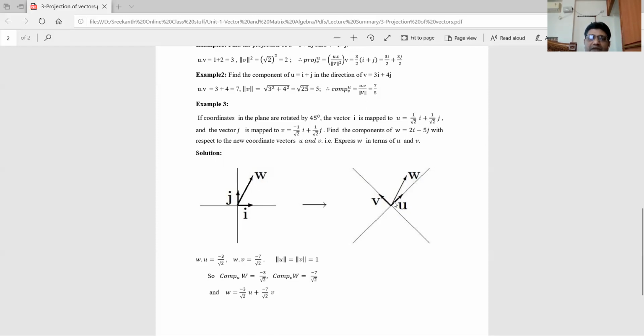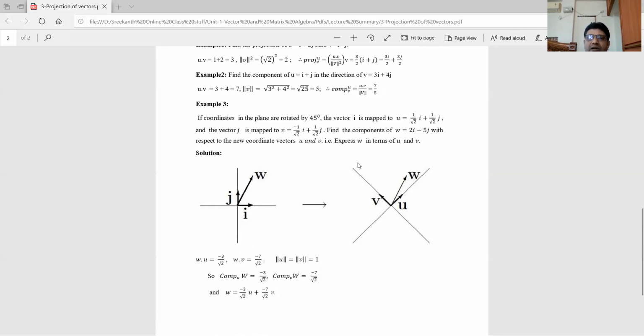That means if I am traveling along this w, how much distance am I going to cover along u. Similarly, if I am traveling along w, how much distance am I going to cover on v. So he is asking for the scalar projection, which is nothing but the component. What is the formula? First I want to calculate the component of w over u. So the component of w over u means the formula is the dot product of w into u.